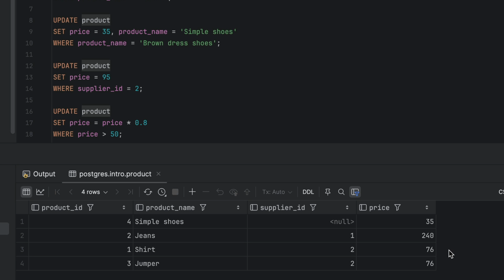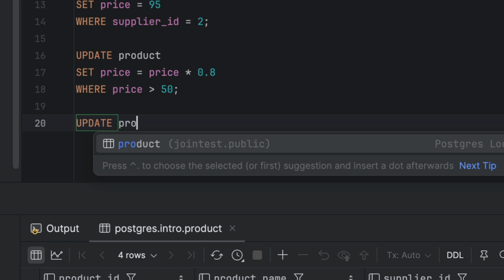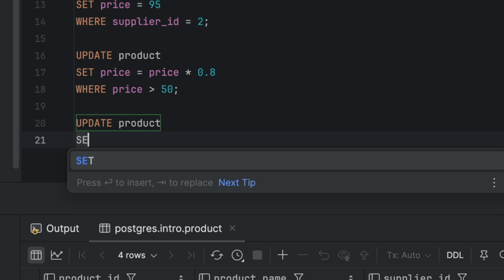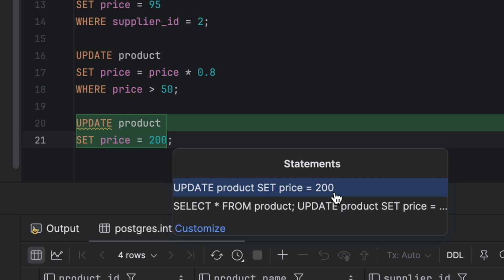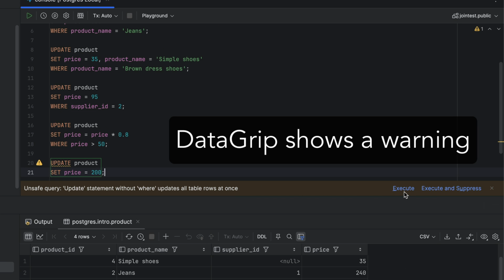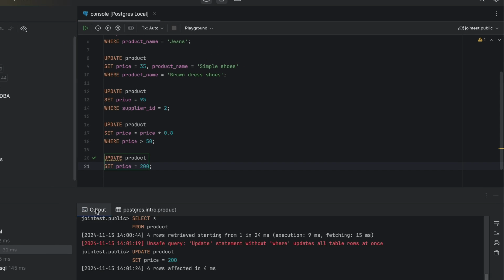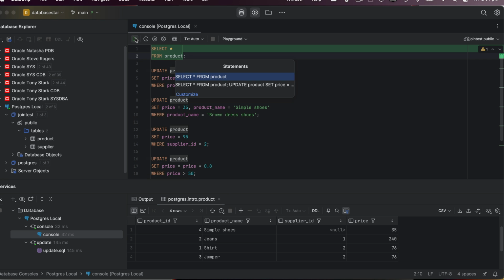Now, there are two common mistakes that people make when working with an update statement. I still make them occasionally too, and I've been using SQL for 20 years. The first is forgetting to add a where clause. With an update statement, only the update and set keywords are required. The where clause is actually optional. This means you could write an update statement without a where clause and run it. If you do, it means there are no conditions applied to the rows, and therefore all rows in the table are being updated. This could be a big problem if it's not what you want to do.